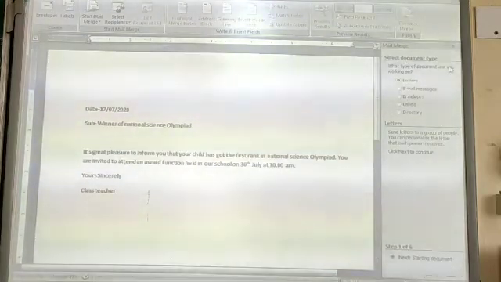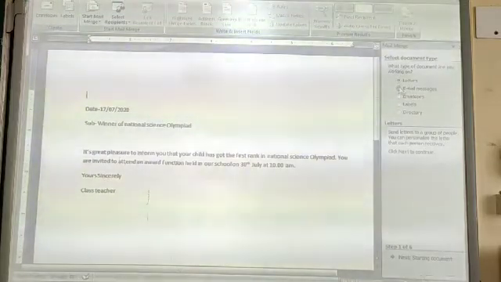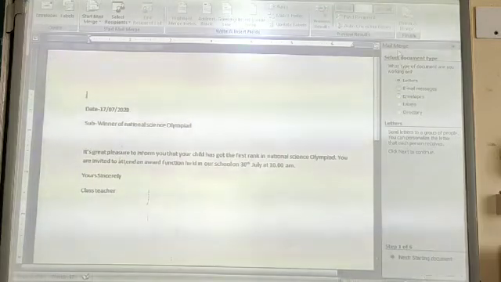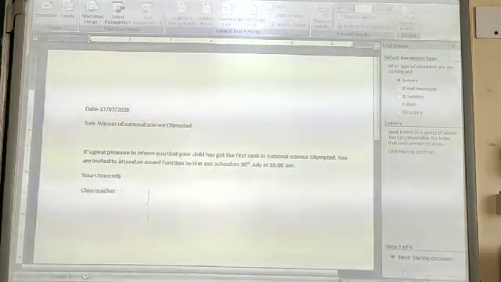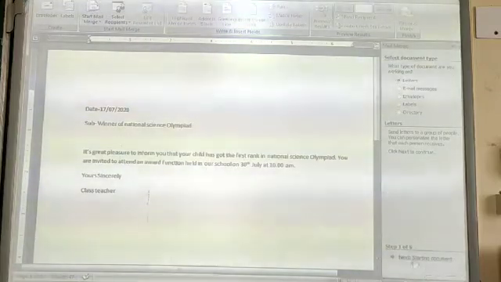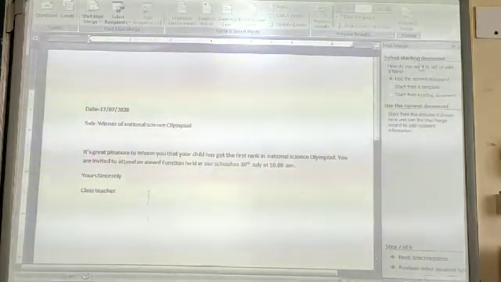Here it is, select document type. Which type of document do you want to prepare? So we can select the letter. After selecting the letter or any document type you want to use, at the bottom you can see the next step is given. The next step is to select the starting document.